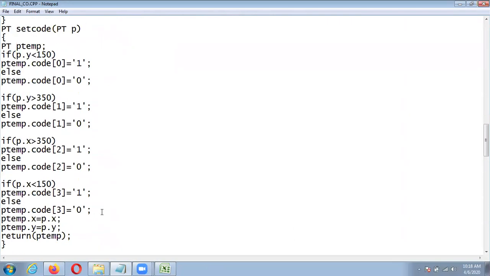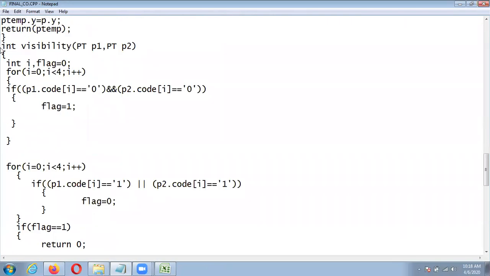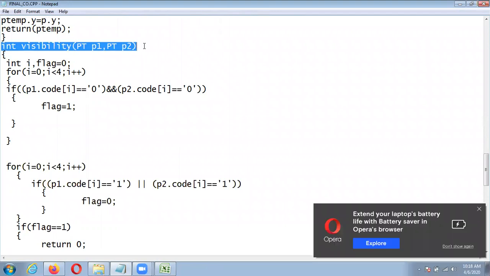Where is it? We'll see. So this is your visibility function. Okay. So for that we are passing P1 and P2. So now our P1 contains x coordinate, that is x is 100, P1 dot y is 100, and also it contains region code. Same for P2 also. P2 contains P2 dot x, that is x coordinate of P2, P2 dot y, that is y coordinate of the P2, and also region code of the P2.